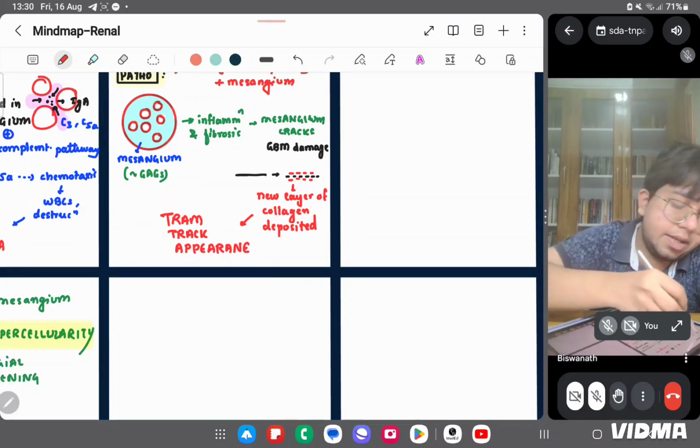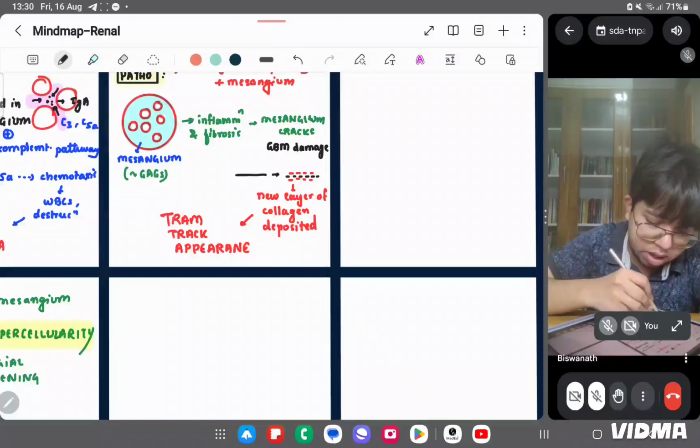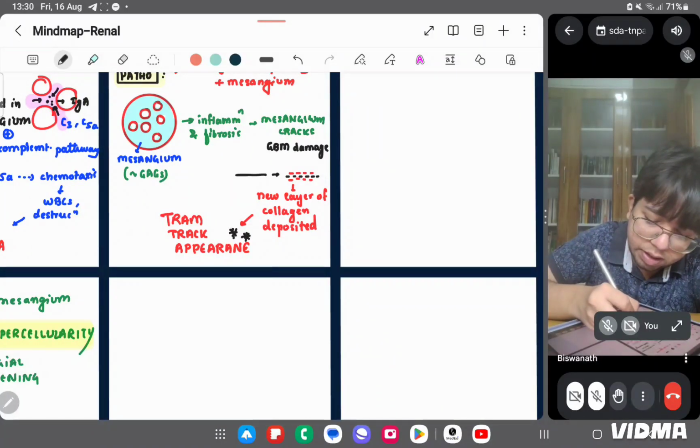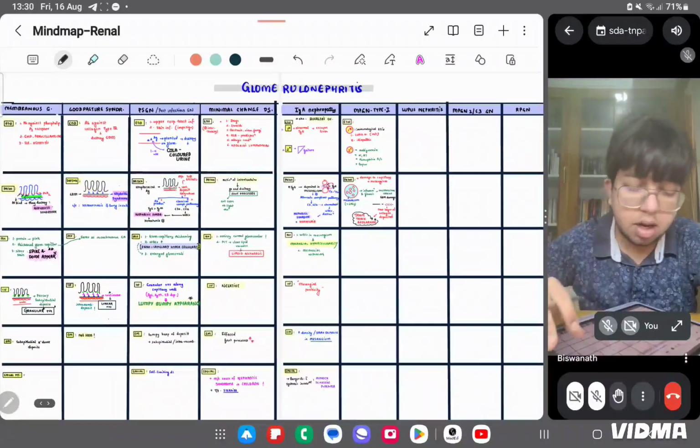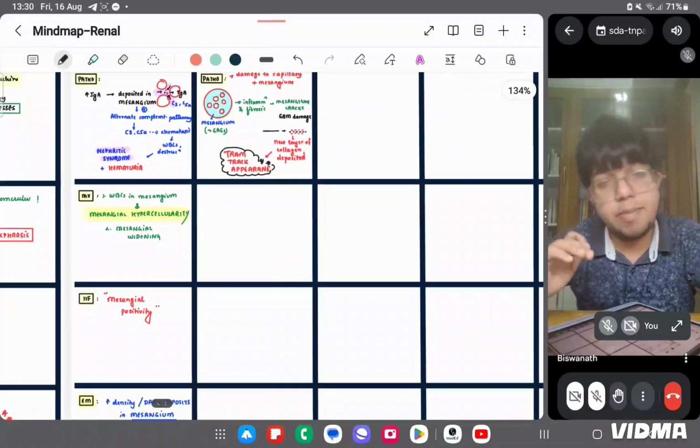This is a characteristic line which you have to remember. A tram track appearance. So that was about the pathogenesis of your